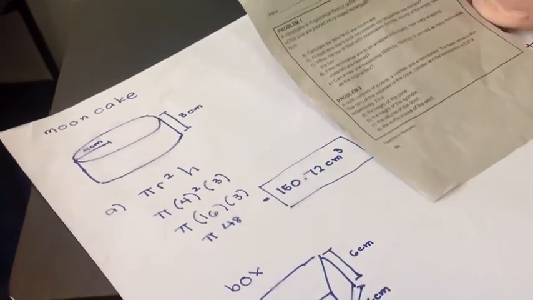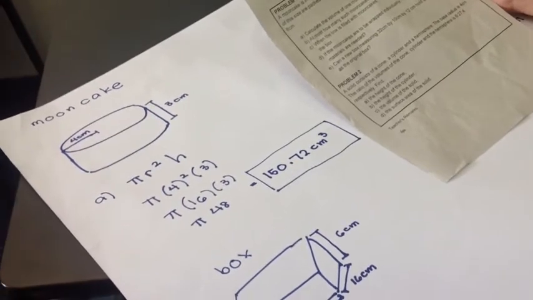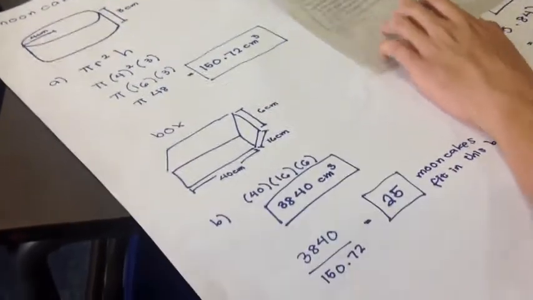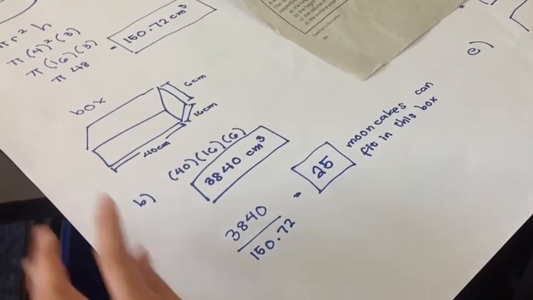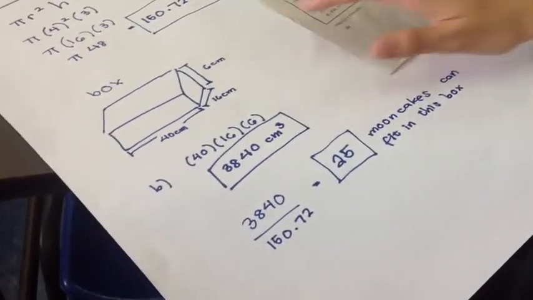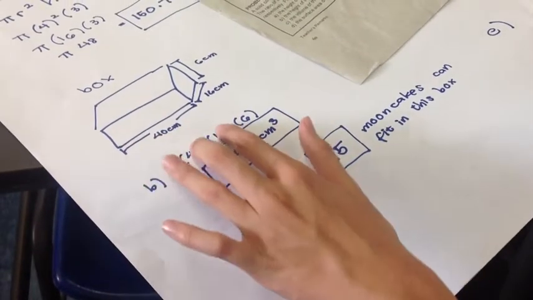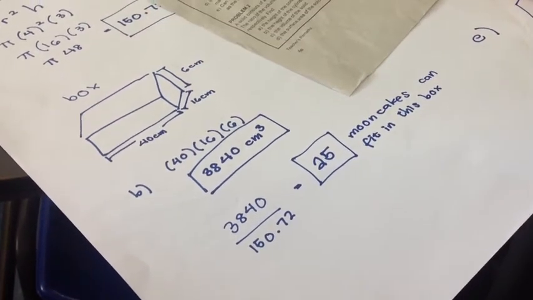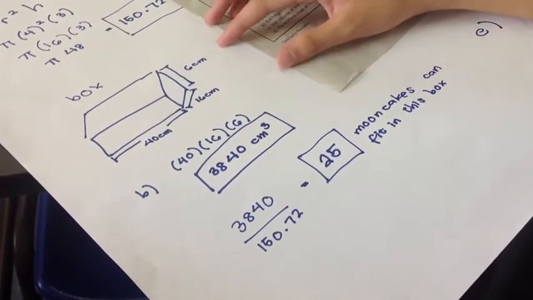So our second question is, at most, how many such mooncakes can be packed into the box? To be able to answer this question, we would need to find the volume of the box. As you can see, I already drew the box for you to be able to picture it, and its length is 40 cm while its width is 16 cm and its height is 6 cm. What we're gonna do is find its volume. To do this, we need to find the area of the base times the height, which is